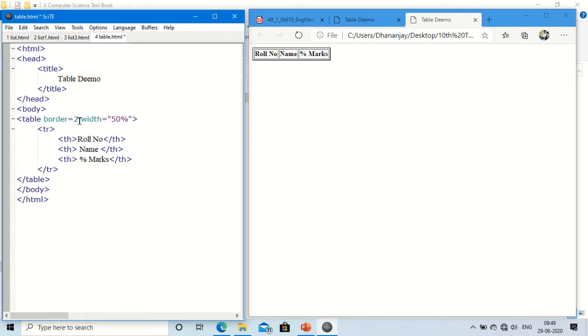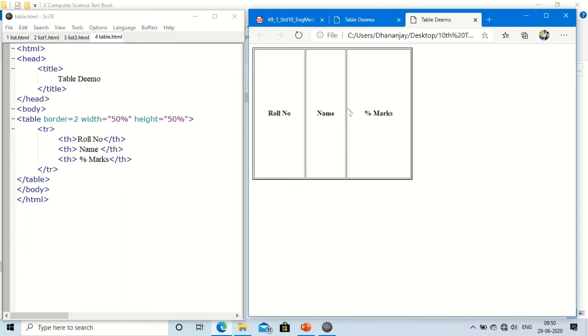And height you can mention also, height. Height is also maximum 100%, I want to give this 50%. After saving, refresh it. You can see this is looking so much bigger, right? And this table is not coming in the center, so you can align it in the center also.